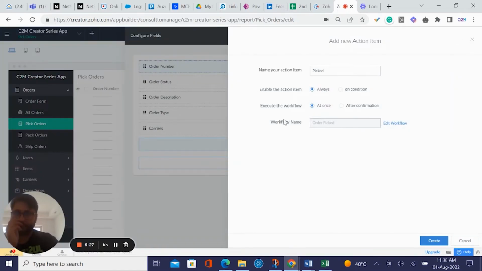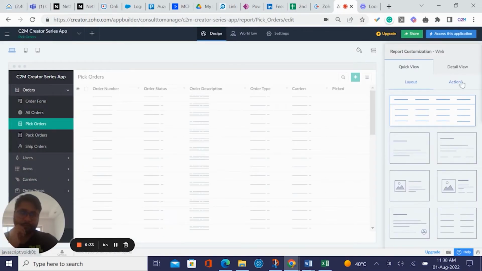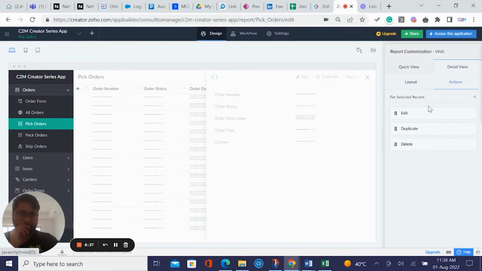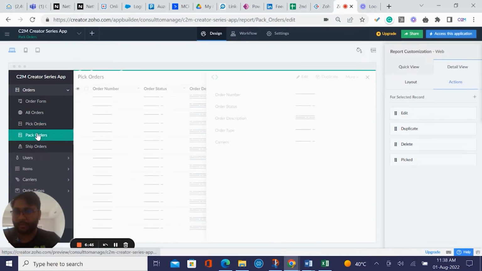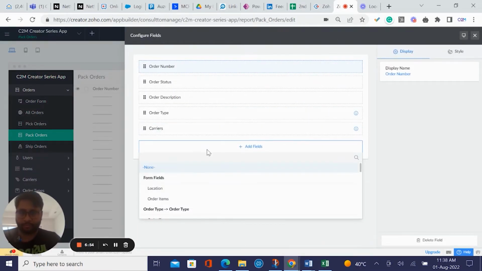So we'll say save, we'll say create, okay, and similarly as we did for the other one, we'll go to the actions, we will go to the detail view actions, and we will add this action here as well, picked, okay, just to have a more user friendly experience. Then we will go to the pack orders, we'll do the same. We will basically go to the view, we'll create button,